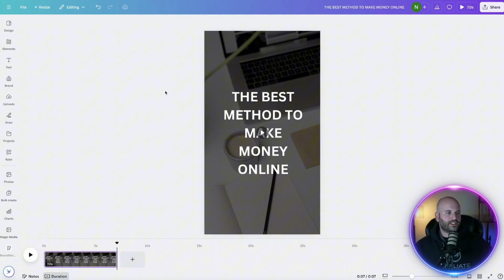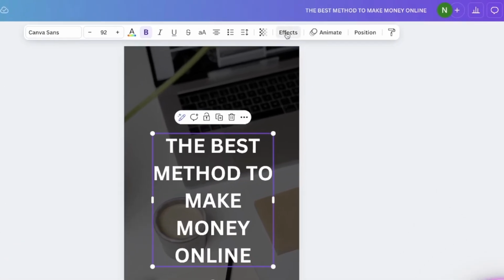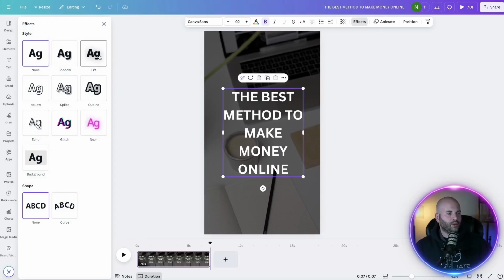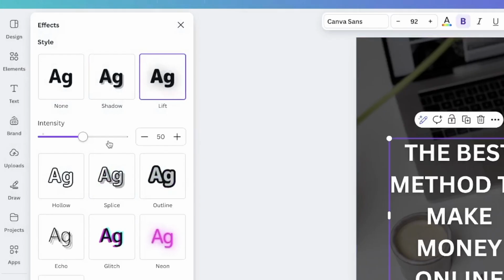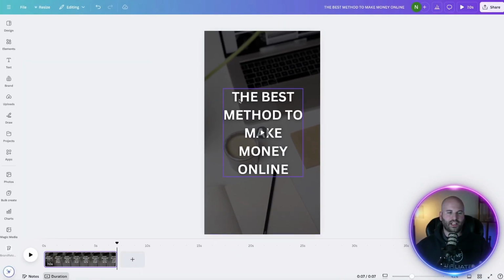And now we want to make this look a little bit better. So there's a couple of things that we can do. I'm going to click on it, and then what you can do is select effects right here. And we can choose the lift function, and I can drag that up all the way. And what that does is it just pops it out from the background a little bit to give it some